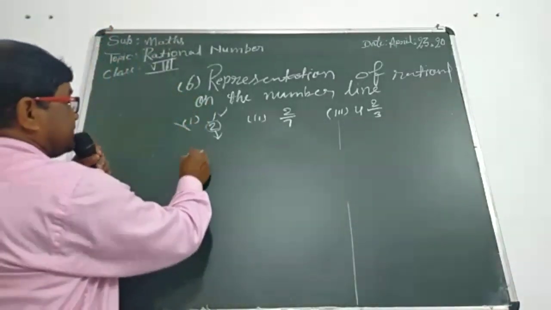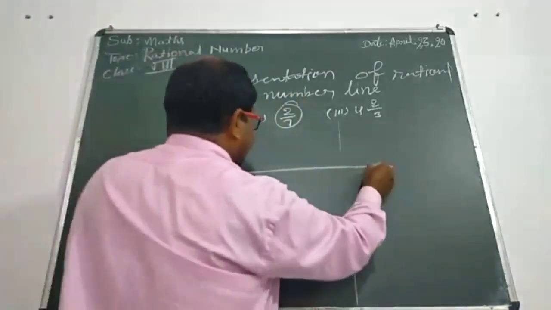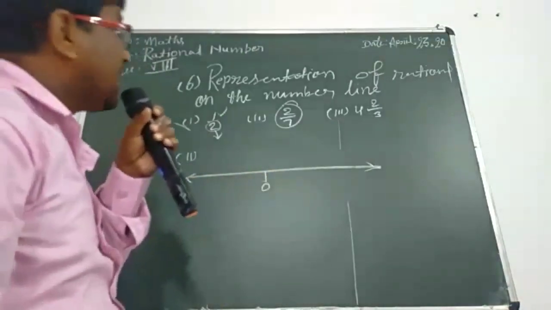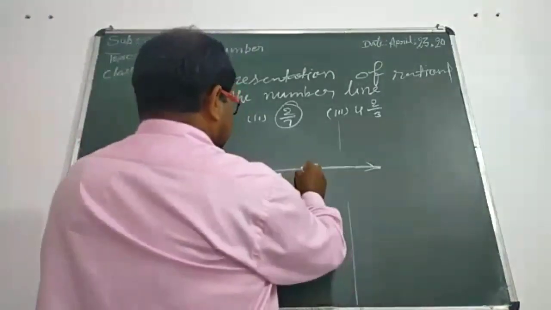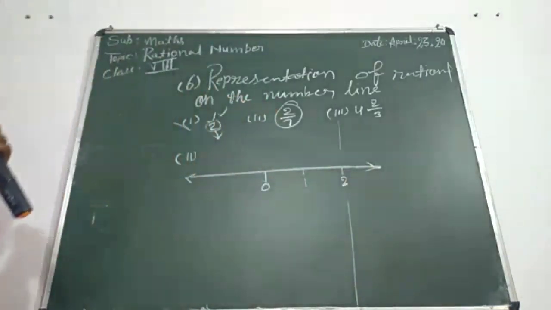Now second, 2 upon 7. Check here. This is the number line. This is 0. Mind the numerator. 2. This is 1. This is 2. Okay. Now,